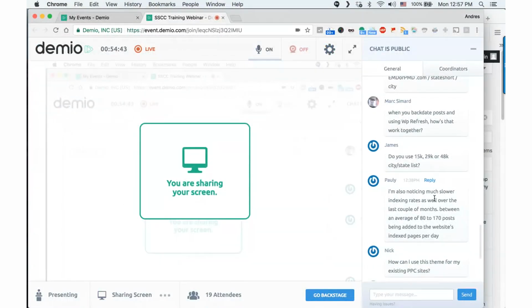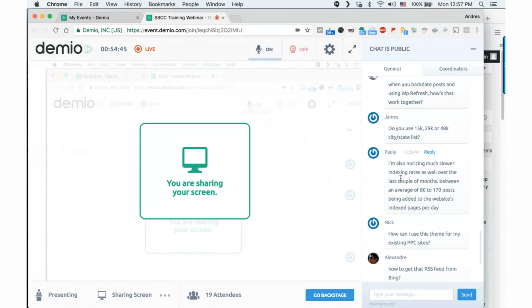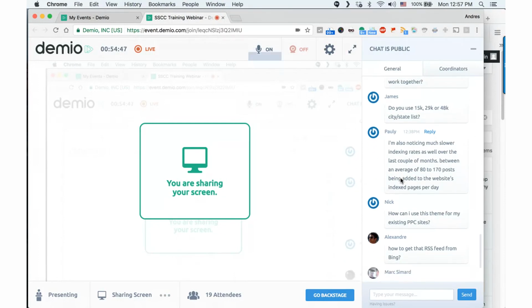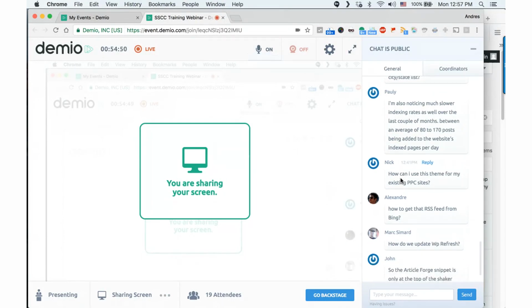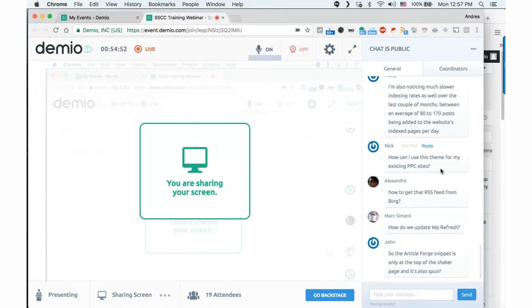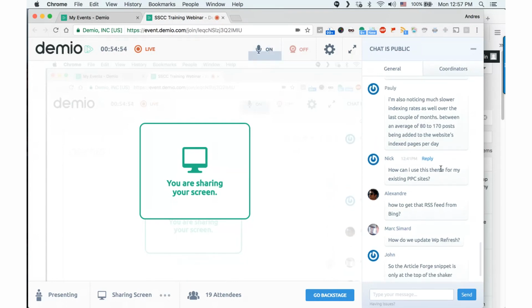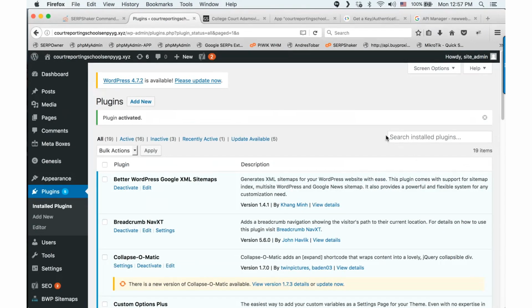Paula, you're mentioning indexing rate much slower. We are, I'm testing out some indexing things. I don't have anything definite yet, but really just to kind of get the ball rolling with them. And so far it's worked pretty good, but I want to see like 2 or 3 weeks from now what